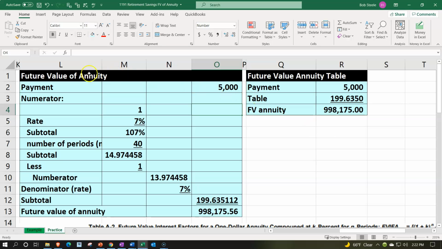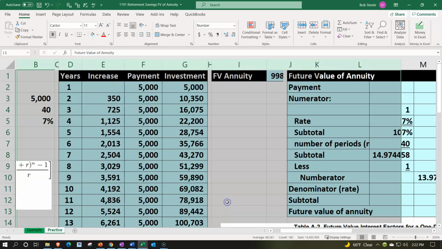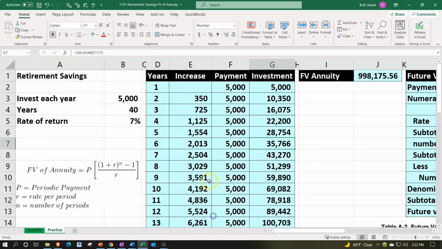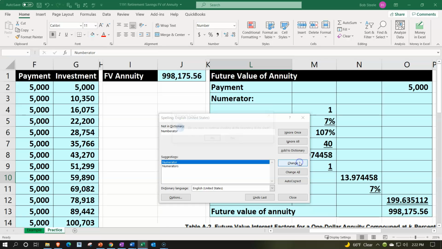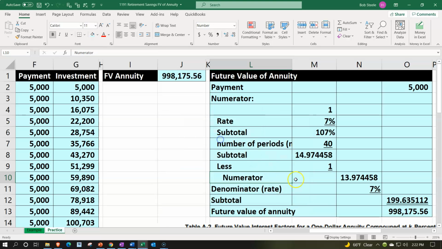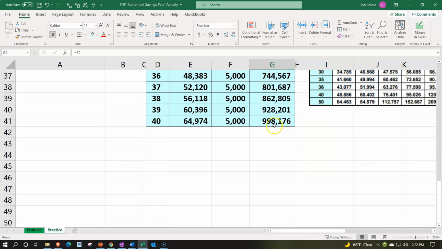Okay, let's unhide and recap. So I'm going to put my cursor on L, drag all the way back to B, and unhide those cells. Right click and unhide. So there we have it. I should probably run a spell check. Did I misspell anything? Numerator spelled wrong. Okay, got it. And then, so now we've got this 5,000 all the way down, gives us that